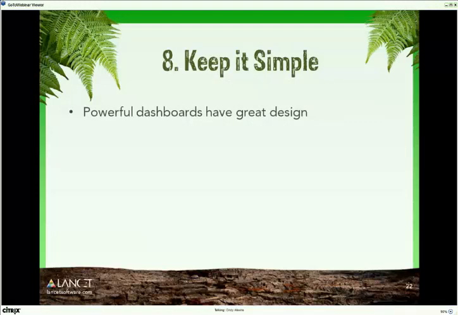So, powerful dashboards have great design, and that great design is subtle and it's not overwhelming. I'll give you an example. Think about maybe